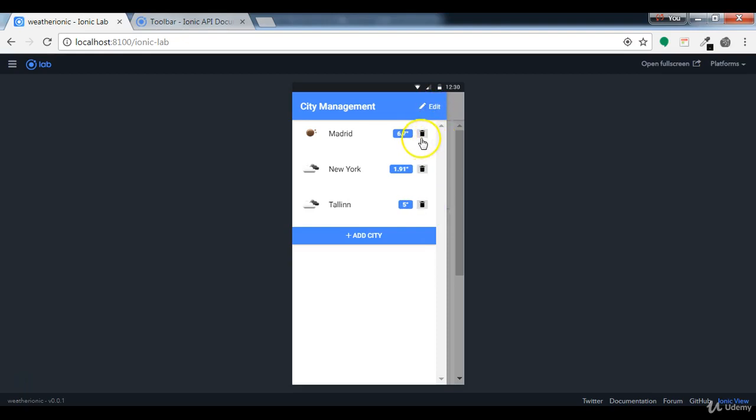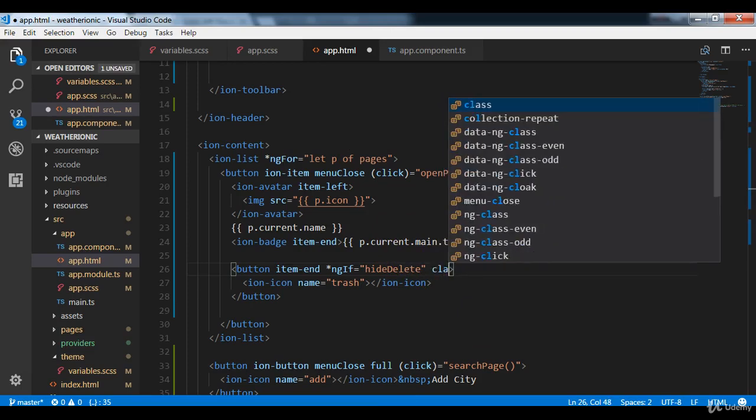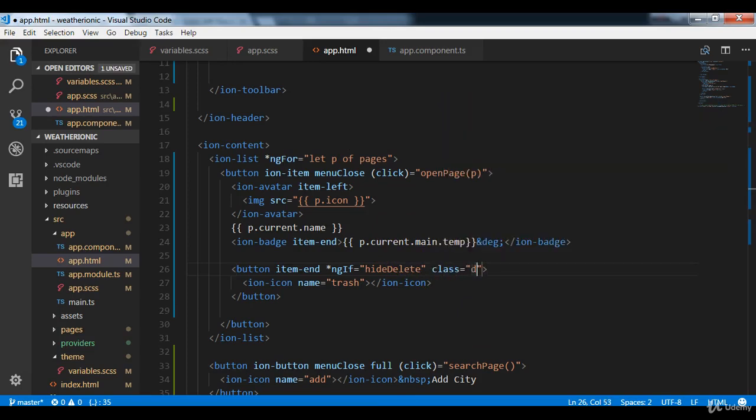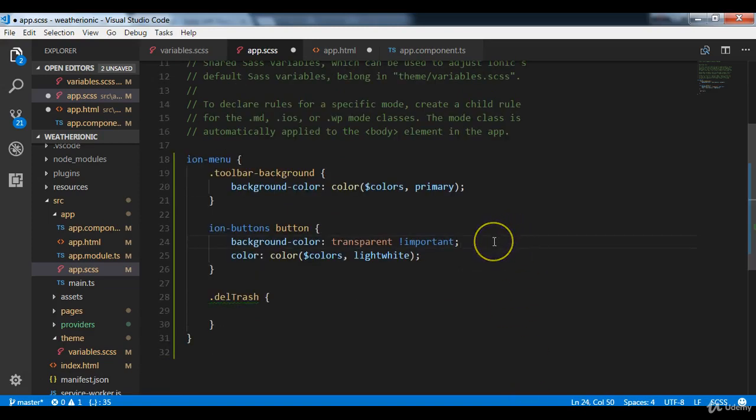So what we're going to do is, just for us, when the user clicks on this button, it's going to delete this property from the array. So what I'm going to do here is to remove the background color of this. So I'll go into my app.html, then I'll add a class, and the class is going to be called delete-trash. Now with this class, I'll copy this, go into app.scss. Right here, I'll add the class. So I'm going to set the background color to transparent. Now I'll save this,